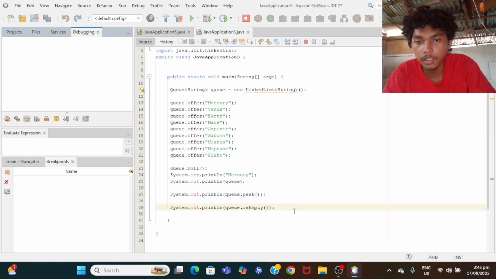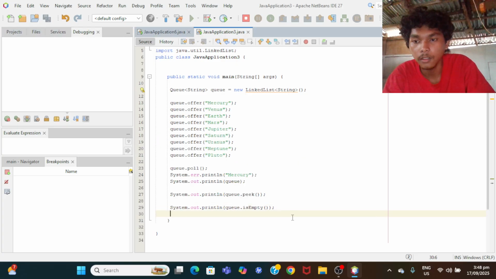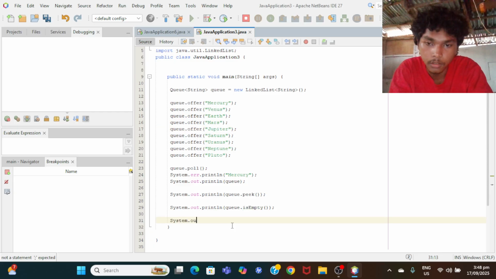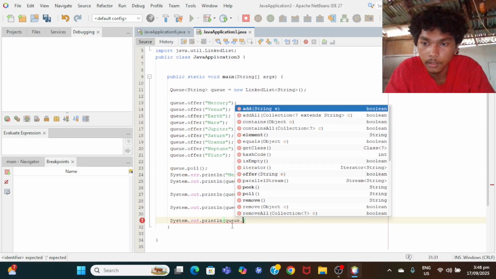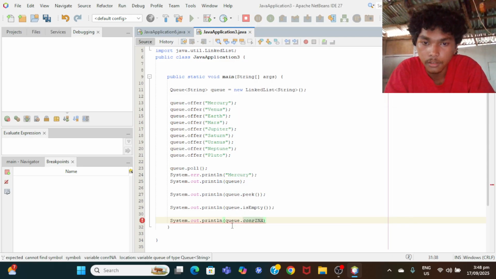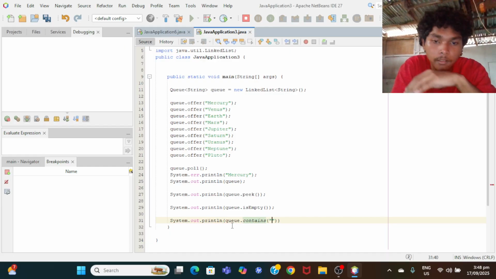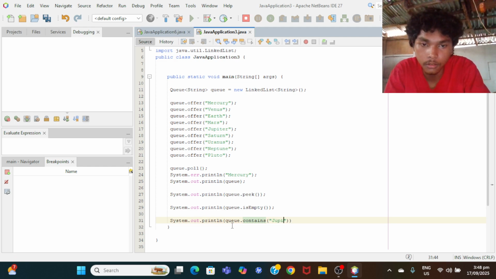So what we're gonna do next is check if the queue contains the planet Jupiter. We're just gonna type System.out.println, q.contains Jupiter.